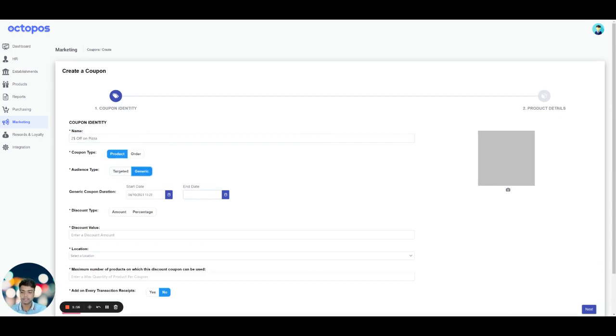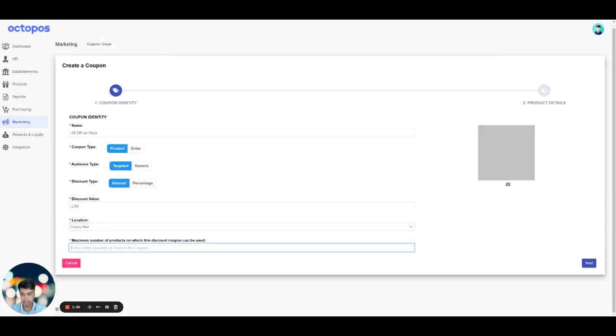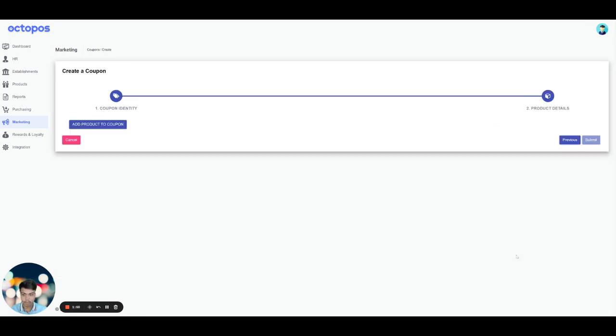So what generic does is it gives you a starting and ending date. So if you want to have that specific discount or sale only for a week, generic is the better option to go with, or targeted just stays there forever. Discount type, amount, or you can have percentage, but for this application we need amount. Discount value $2, location grocery mart, and enter the maximum number of coupons used. So let's say you only want them to be used for 5 times, like 5 products in general. Create 5, click next,